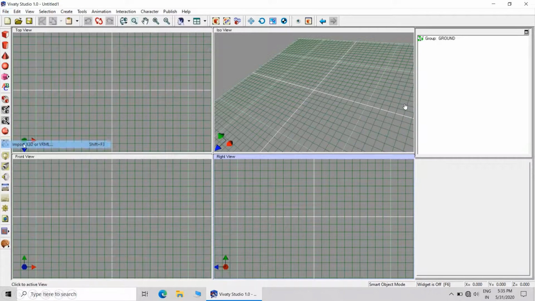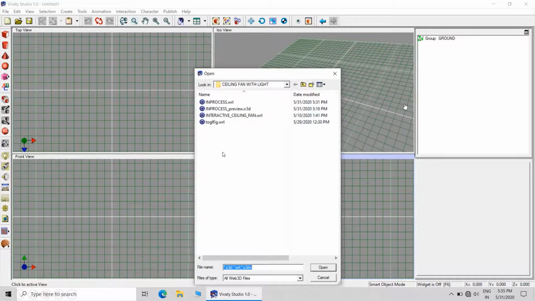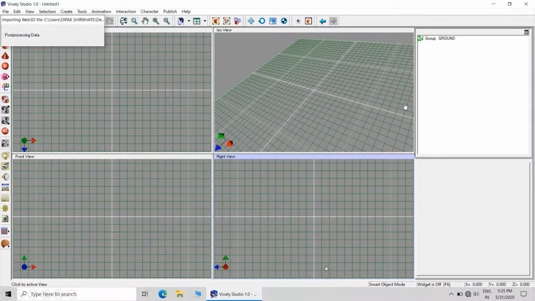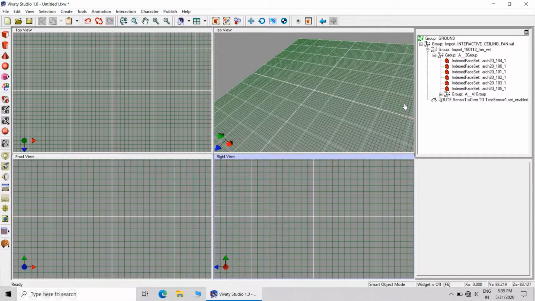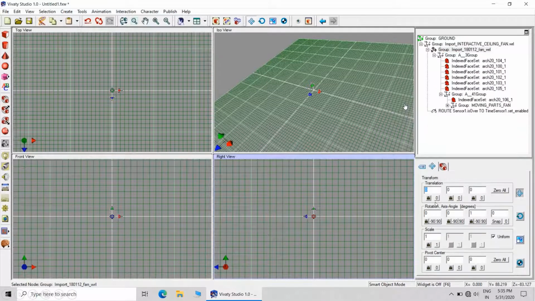Now what we will do is that we will bring that fan from this file to the working file, and we will try to bring it at the same position where we have placed the right light.